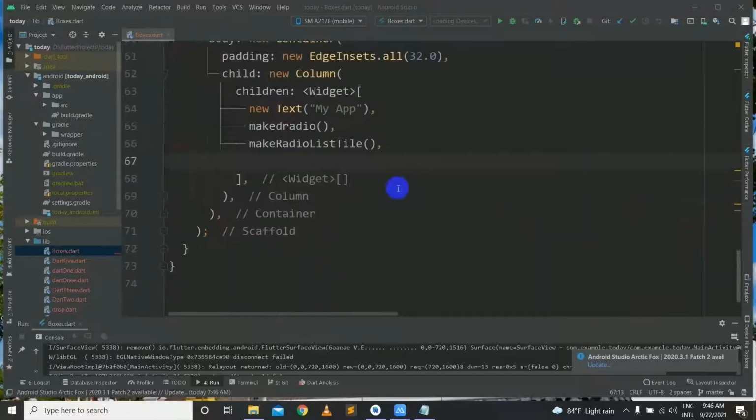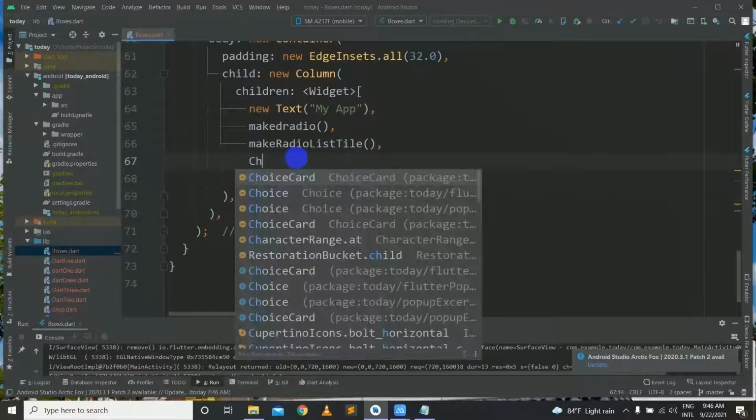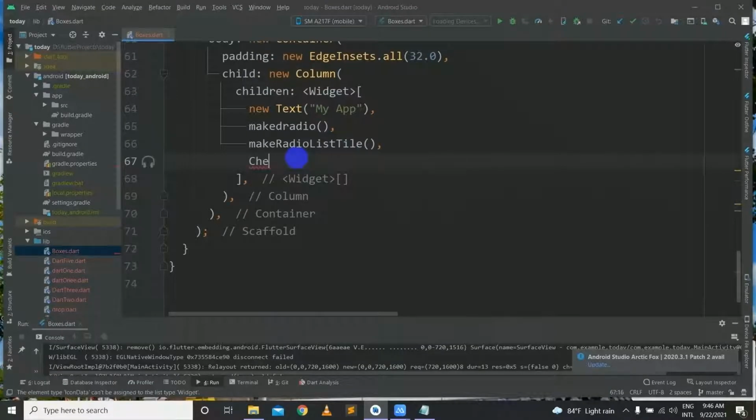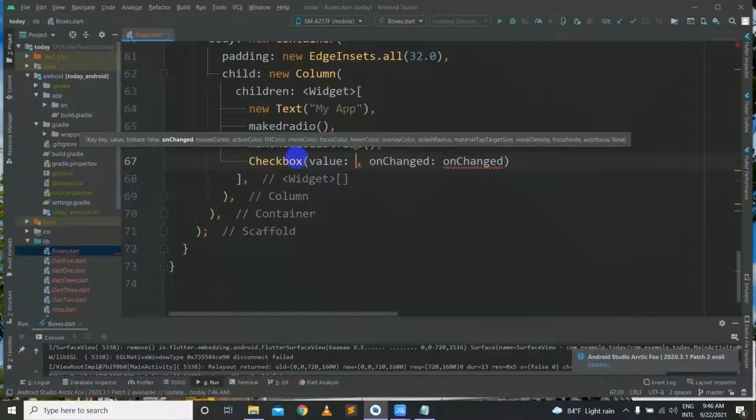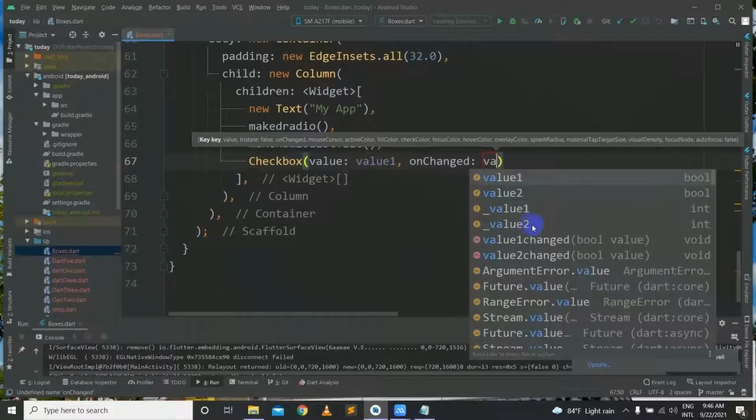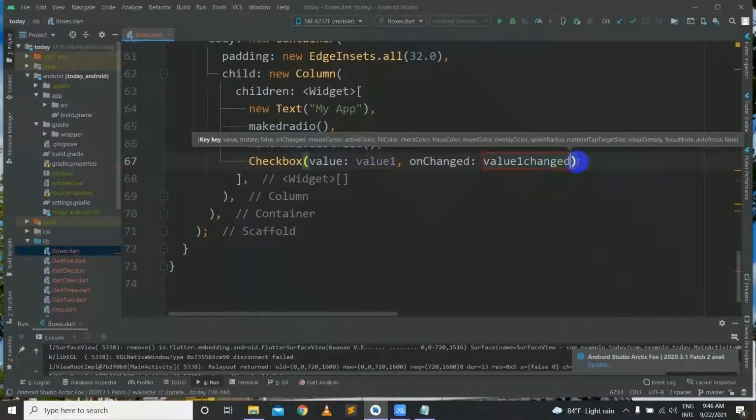We go to the body, and after make radio list style, we'll have a checkbox, and its value will be value 1, and the on change will be value 1 change.